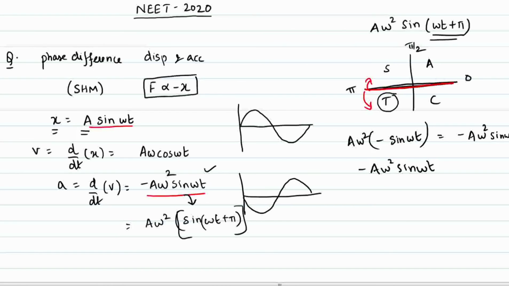Now if you see the phase difference, you can see a phase difference of pi, because this is a sin omega t plus 0, and this is a omega square sin(omega t plus pi). So there is a phase difference of pi. Or with this graph, you can simply tell this starts with 0 and goes in the positive y direction, and this starts in 0 and goes in negative y direction. So obviously there is going to be a phase difference of pi.